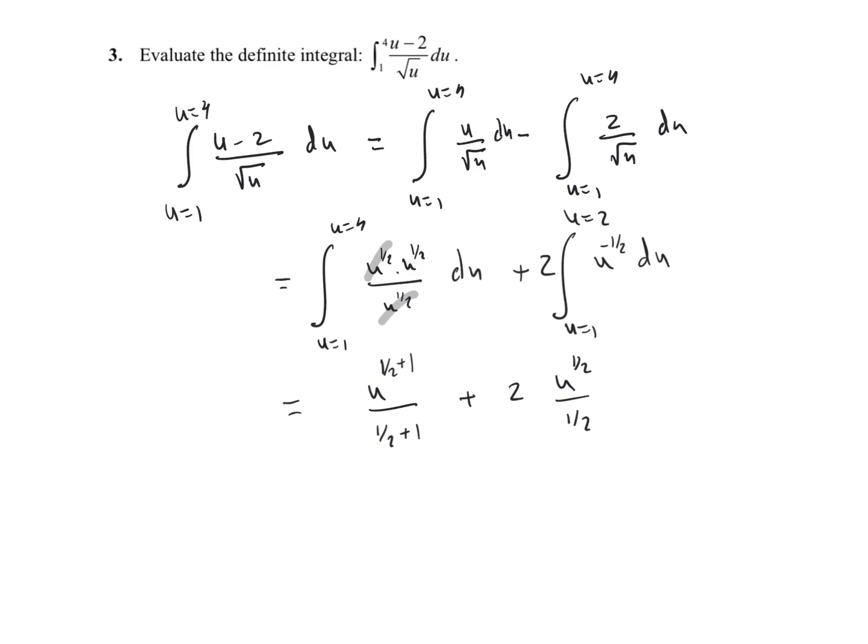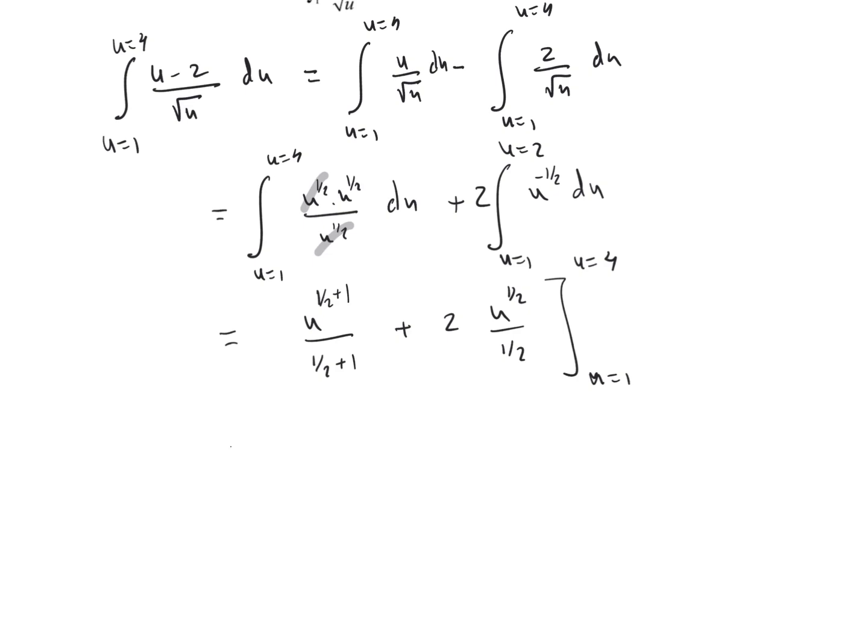And this must be evaluated between u equal 1 and u equal 4. Let's go evaluate this. So this is u raised to the power 3 halves divided by 3 halves, or multiplied by 2/3, plus 2 times, now 2 divided by 1 half is 4, and multiply the 4 by u raised to the power 1 half,